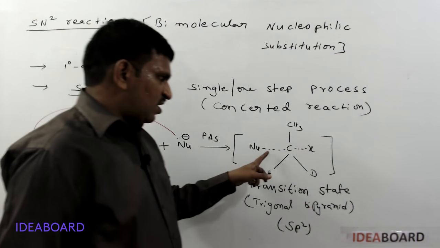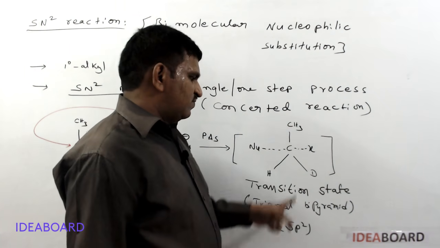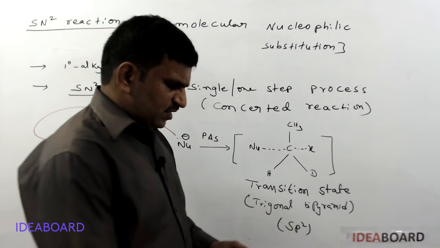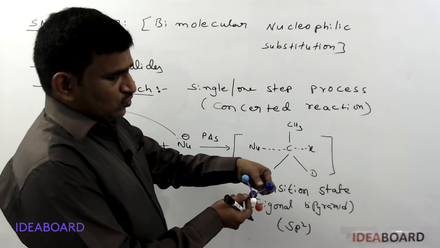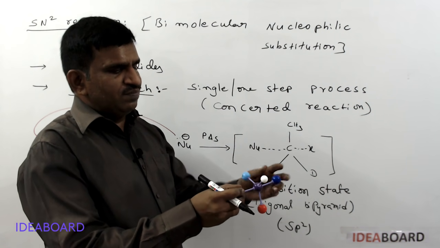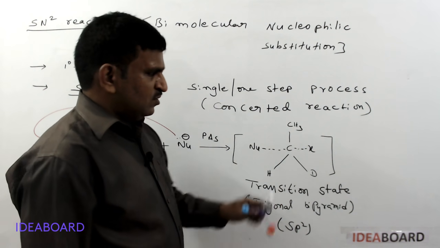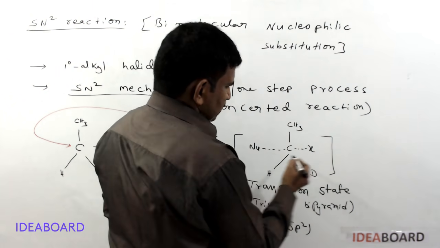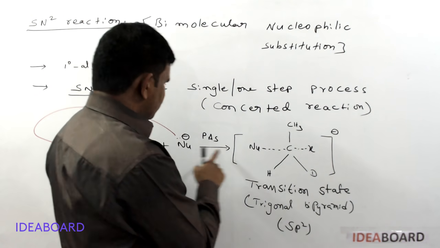These two bonds are not completely dissociated or not completely formed, so we can't consider this for the hybridization. It looks like a trigonal bipyramidal, but these two bonds are not completely formed, and only the remaining 3 bonds are present. Remaining 3 bonds means it is a trigonal planar shape only. After this bond dissociation and bond formation, finally it has a negative charge, because the nucleophile I wrote already has a negative charge.